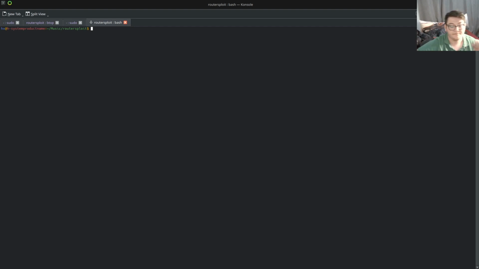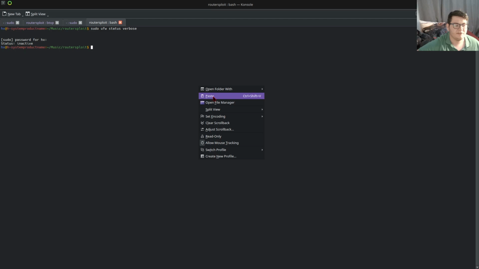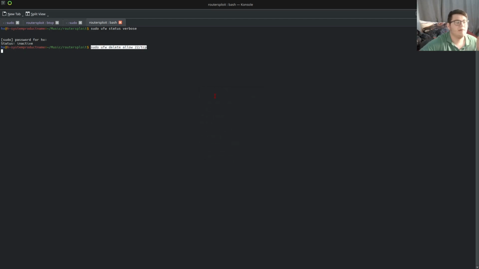Oh yeah. If you want to see the status, whether it's running or not, I'll show you. I'm just going to type this quickly. In a second. It's inactive. My firewall's not on. So you can also check if it is on. You can enable it and disable it. You can also remove rules, right? But they have to be there. So it has to be an existing rule. Instead of enable, you just say delete.